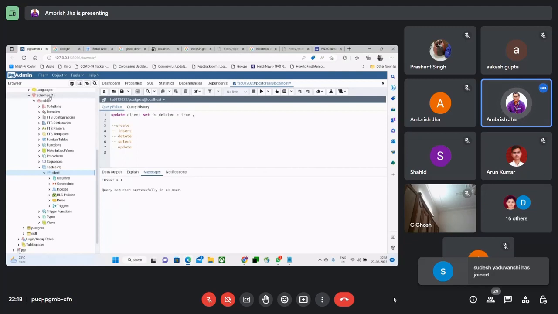सिमिलरली मैं यहाँ पे कॉमा देके दूसरा कोई कॉलम इक्वल टू दूसरी कोई वैल्यू, कॉमा तीसरा कोई कॉलम इक्वल टू तीसरी कोई वैल्यू, का हम पेयर बढ़ाते चले जा सकते हैं। अपडेट, टेबल का नाम, सेट, कॉलम का नाम इक्वल टू उस कॉलम की नई वैल्यू जो आप डालना चाहते हैं।